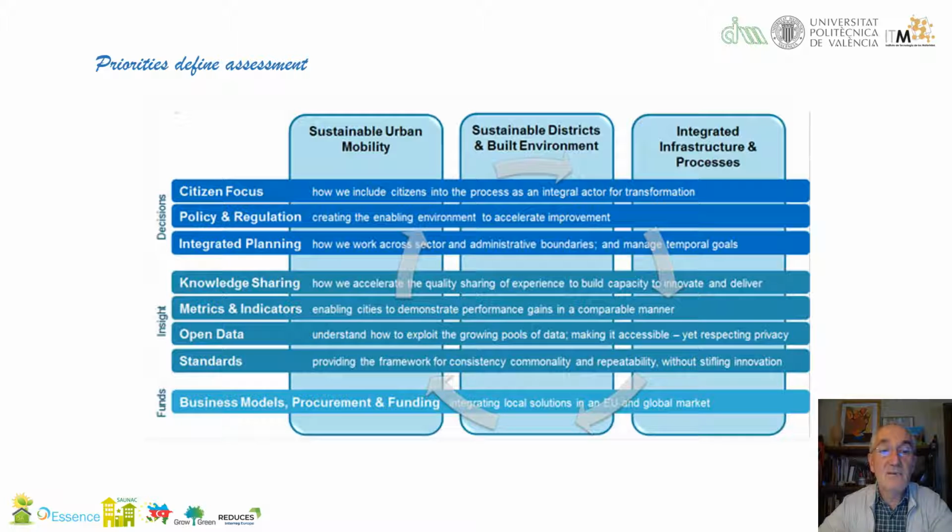Within the insight for making all the decisions, obviously we should start with standards for obtaining data, which should be open and shared. The data should respond to the different metrics and indicators, and finally, for managing all this information, we need to share the knowledge within certain limitations and possibilities that we will introduce later. And last but not least are the funds.